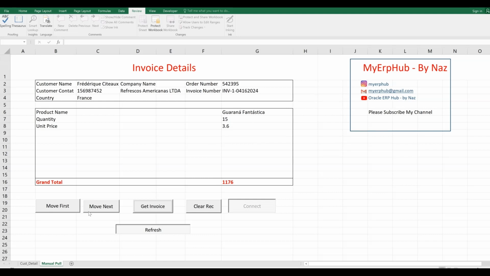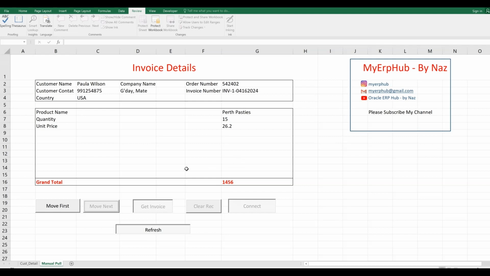Then I say move, and it's showing the next account number, and then I say generate. You can see that the records are changing. I just created 2 or 3 records,